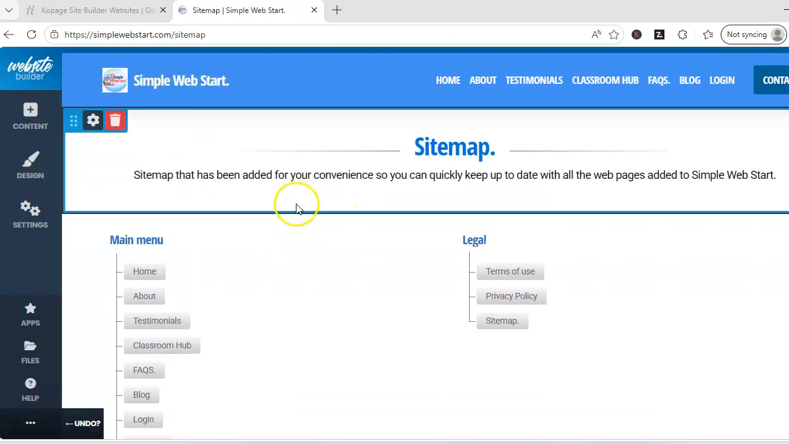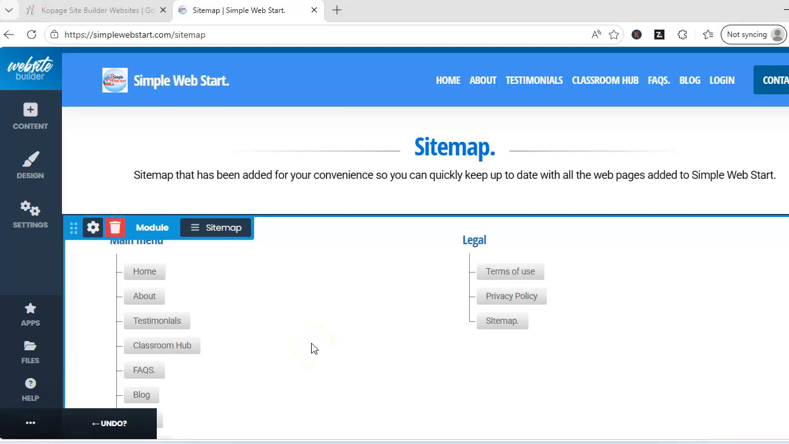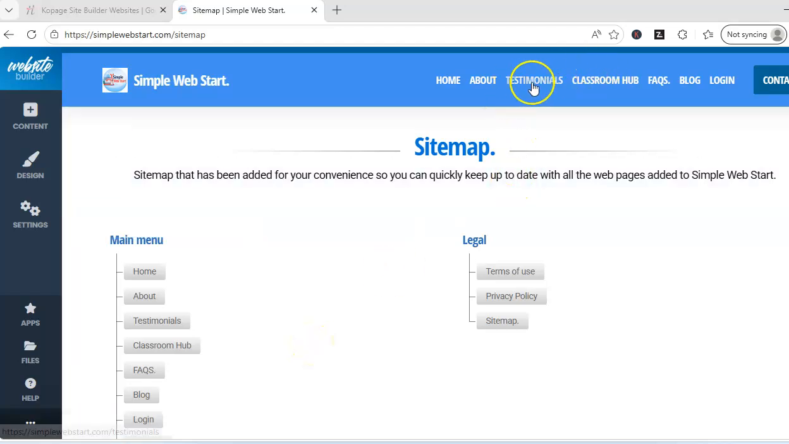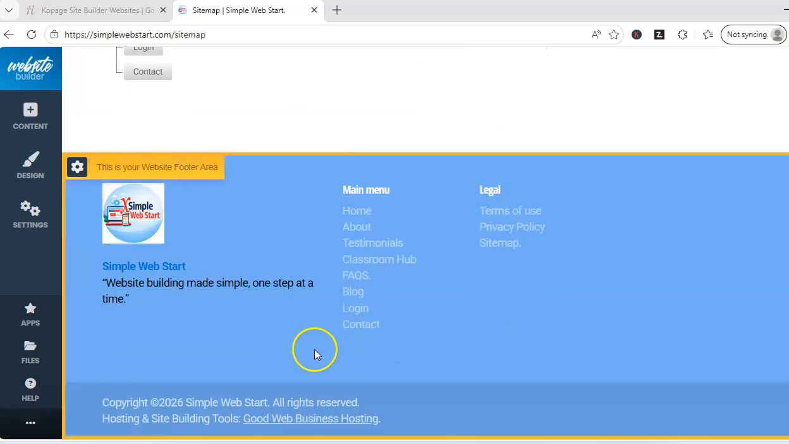When you've got a page like this, just publish it, and then you'll either see your sitemap in the top tab or you'll see your